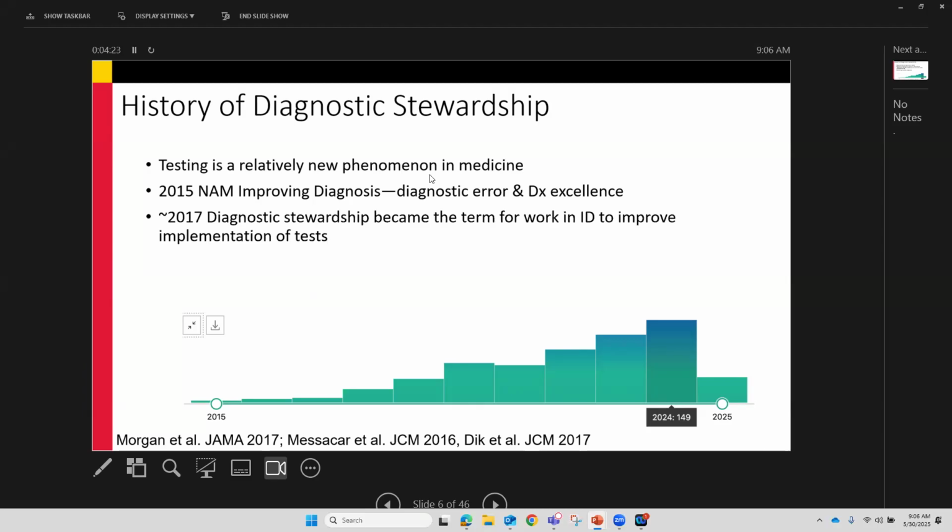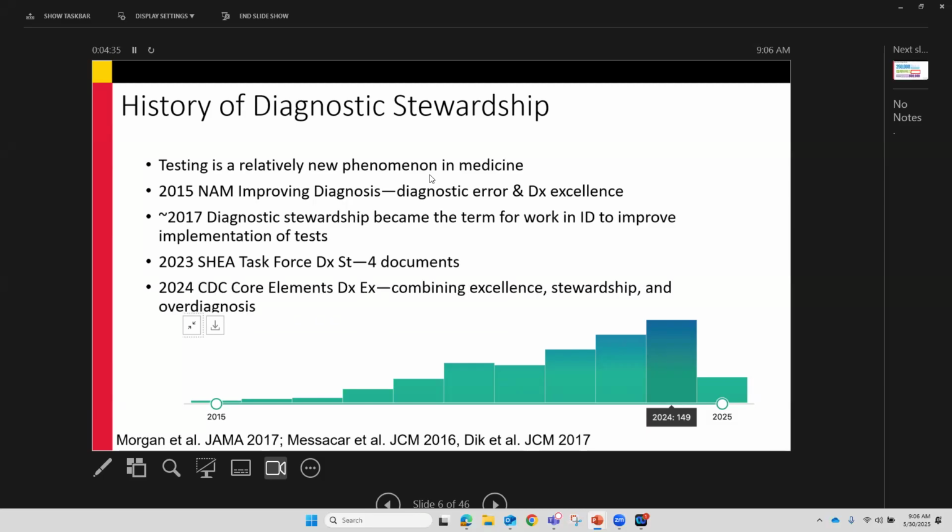Around 2017 is when diagnostic stewardship came out as a term. And then the SHEA task force was active more recently and had these four documents in 2023 and 2024. And then in 2024, the CDC came out with core elements of diagnostic excellence, which I think is a great document. I spent a lot of time working with people at the CDC on this, and it came out fortunately before the CDC went dark, but they are interested in promoting it, and it's potentially a tool that can help